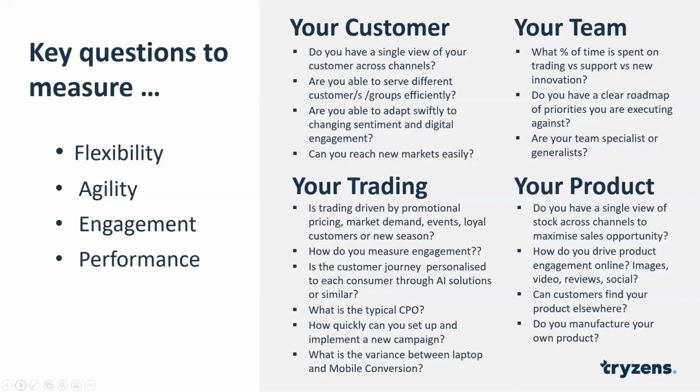When you look at your trading, is your trading typically driven by promotion, which obviously is very much the case at the moment? Is market demand really the major pull for you, or are you working around events, or do you target loyal customers versus new customers in different ways? Understanding your ability to flex those with your platform, how much does your platform enable or constrain, is a key consideration to determine what you do